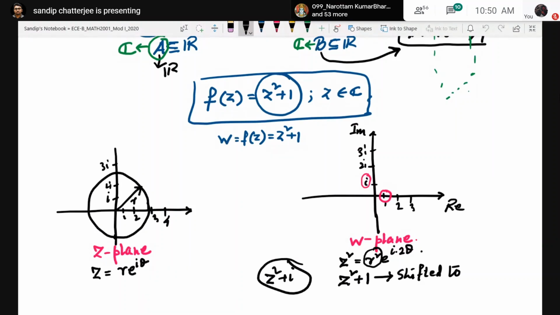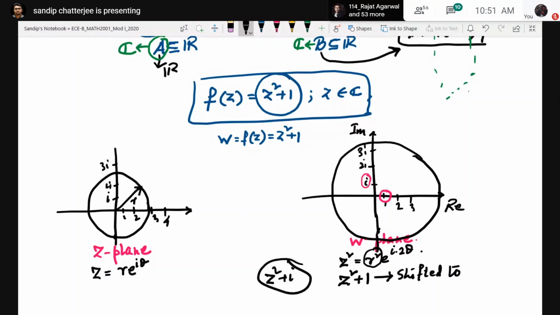Now, if this r is an integer, then certainly the radius will increase. If r is a fraction, the radius will decrease. So how the circle will look will specifically depend on your value of r. Let us consider, for the sake of discussion, r is an integer. So I probably will be getting a circle which is much bigger, something like this. Just for an example; if r is a fraction, it will be a circle of a different radius.